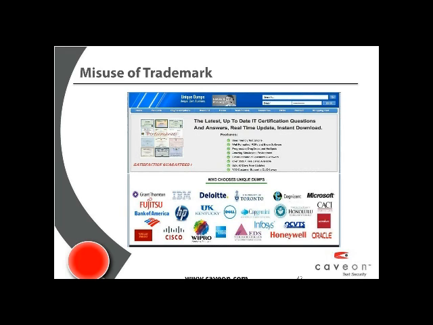So as far as misuse of trademark goes, this page shows the main page of a brain dump, uniquedumps.com. And if there's one, there's thousands. This one shows various company logos at the bottom of the page that are being used to imply that these companies are endorsing this brain dump and its theft and illegal distribution of their trademarks and other intellectual properties. I'm pretty sure that none of these companies would be happy to see this and may not even be aware that the site's using their logos. But by using these companies' logos, it legitimizes this brain dump site and their product without having to pay for or request the rights to use from the individual corporations.